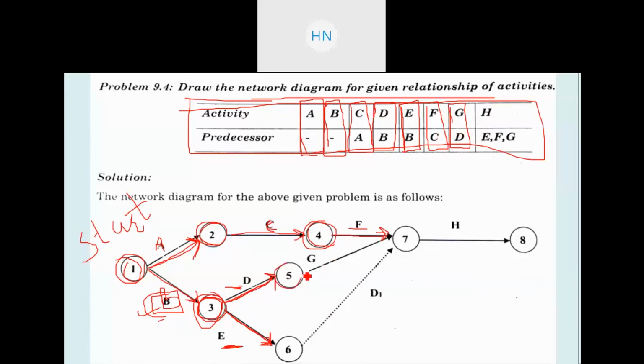To add G, we are adding one more event, that is event number 5, and then this is the activity G, right? Now after that,